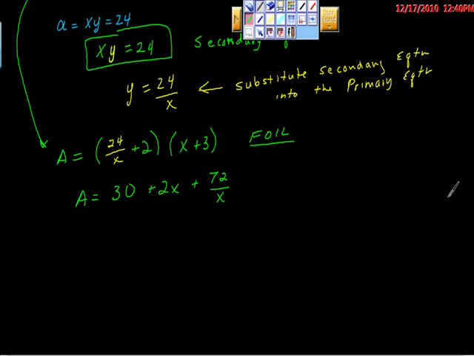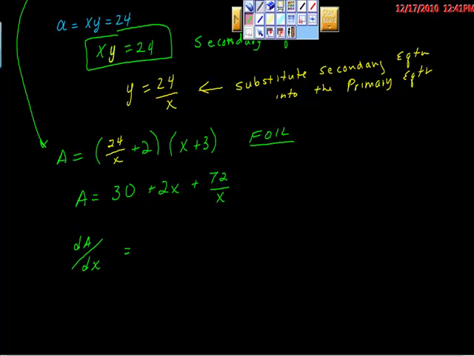Now what do we want? Yeah, so let's take the derivative of A with respect to x, isn't it? Otherwise known as A prime. And A prime